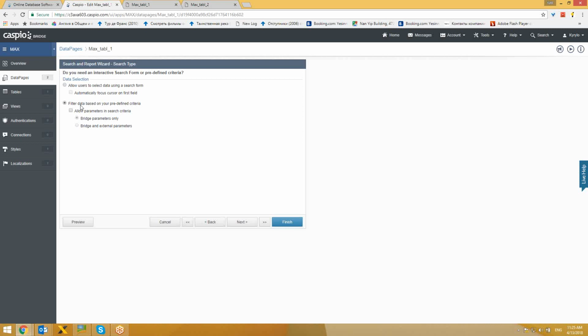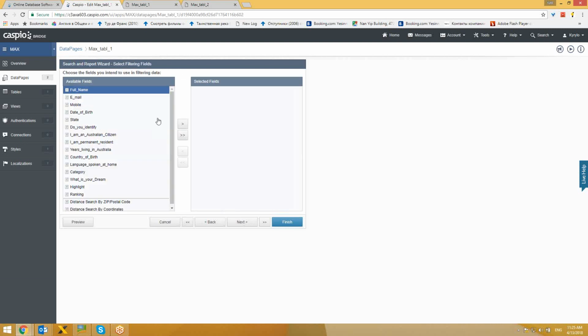Then you choose filter data based on predefined criteria. That actually allows you to avoid creating the search form, the search interface, before the report. And I click next, and I choose no fields for data filtering, so the report will be displayed with no